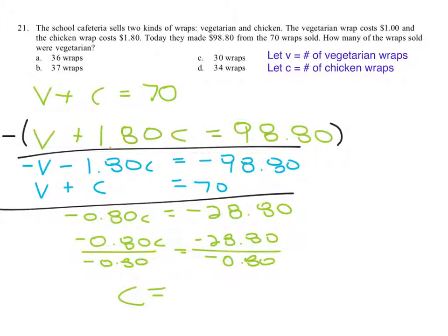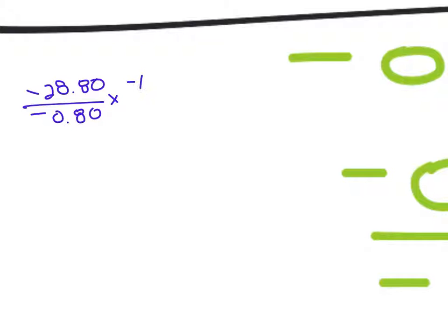And in order to do that, I'm going to zoom in here and say, okay, negative 28.80 divided by negative 0.80. And I'm going to multiply top and bottom by negative 10 so that I now get a positive number, and I get 288